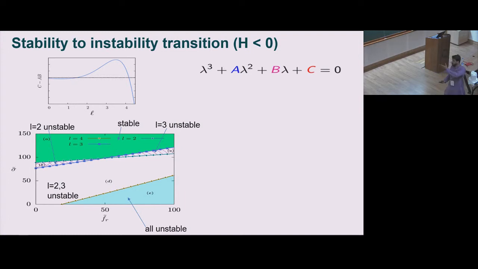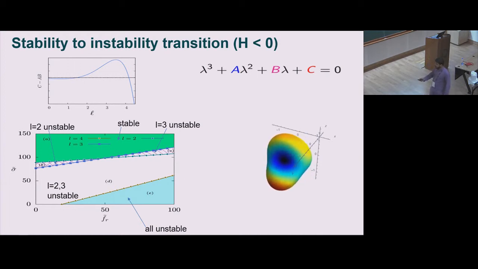Similarly, this is an oscillatory mode, and for the oscillation the controlling quantity is C minus AB. Again we have plotted this and see that only a few modes are unstable. That leads to the pulsation, oscillatory pulsation. I have only chosen L equal to 3 mode, that is some point from here. So in this part only L equal to 3 is unstable, here L equal to 2 is unstable, here both L2, 3 are unstable, here all 2,